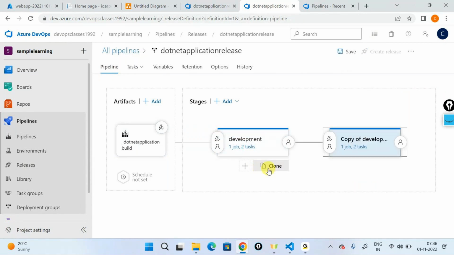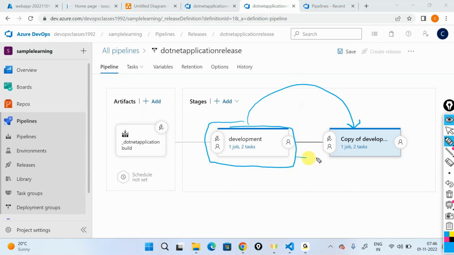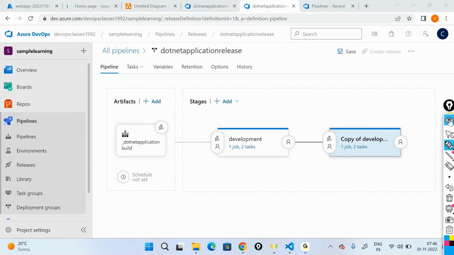I'll hit the clone button here. This is going to create the same stage. It's just going to take a copy of the stage and create another stage called copy of development. I'll rename this as QA